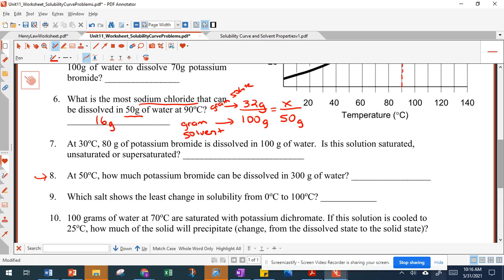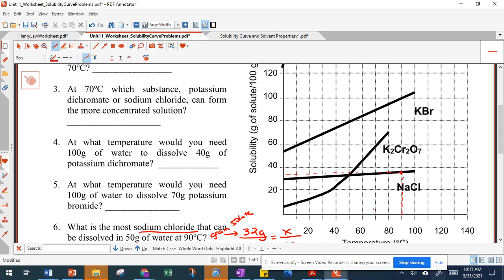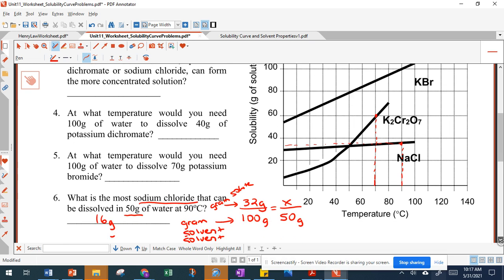And when you have a question like this, asking how much will precipitate, like for number 10, what you're going to have to do is go up to your curve at 70 degrees Celsius. And so let's look at this. So we have 70 degrees Celsius, and we're going to see how much potassium dichromate goes into solution. At 70 degrees Celsius, we have about 60 grams of potassium dichromate. Now, what it's saying